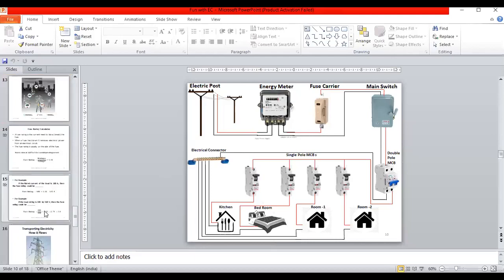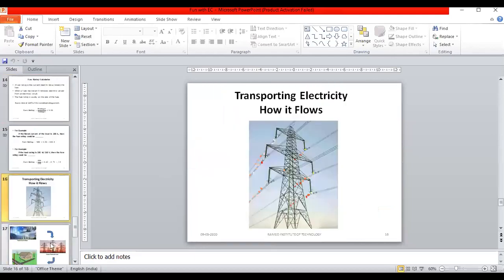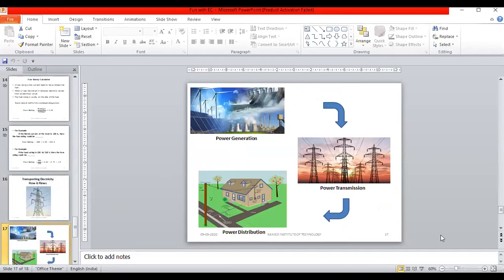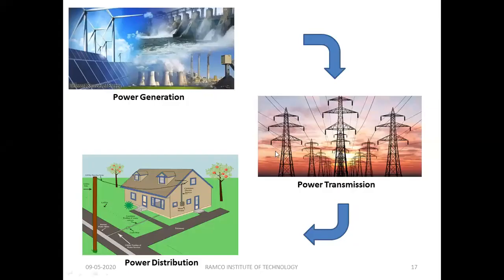So power generation. From where are we generating power? We have so many sources of generating power. From hydro we are generating power, from thermal, from atomic energy, from wind, from solar. So many sources are there, some conventional, some non-conventional. The concept behind it is that we use a generator, right? When we apply mechanical input, the generator starts producing power. That power we need to transmit to the load center.